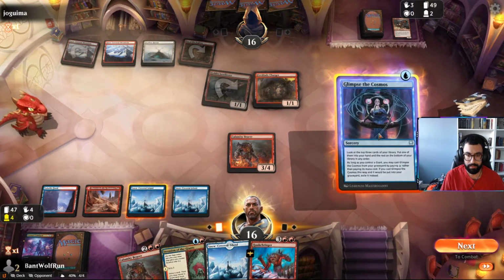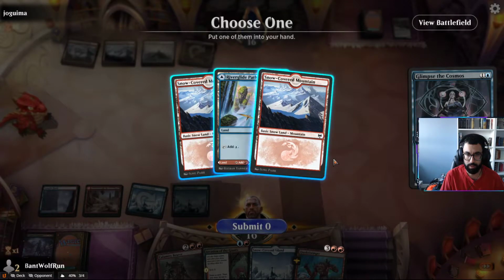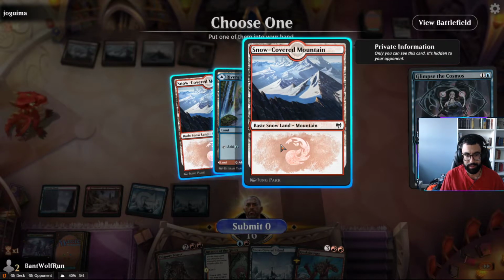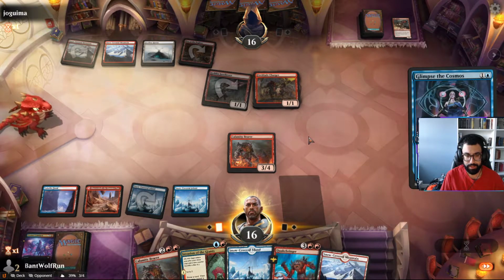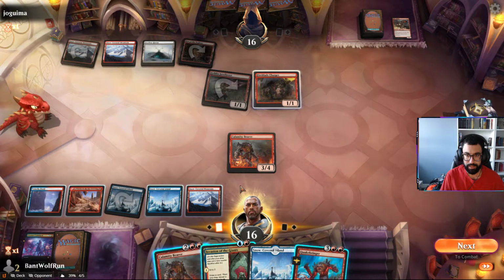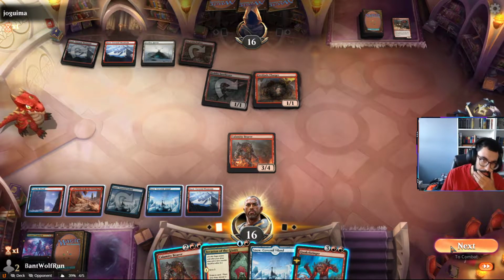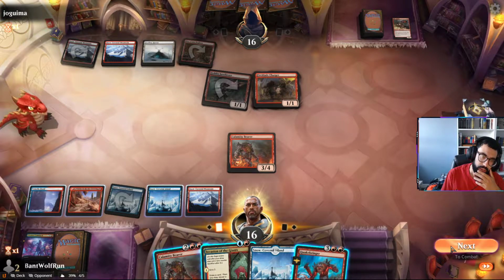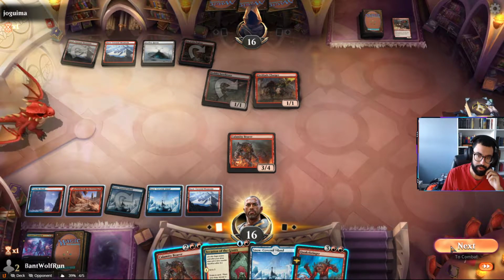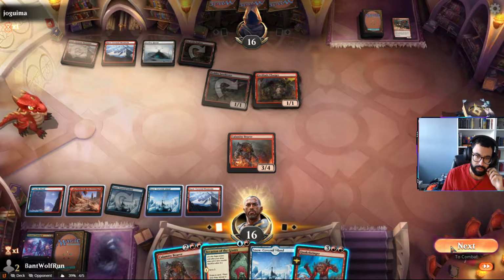I want to find a sweeper here. Crush the Weak could be... Okay. Only lands. If they fire... They don't have the mana to fire up Faceless Haven. I can foretell...